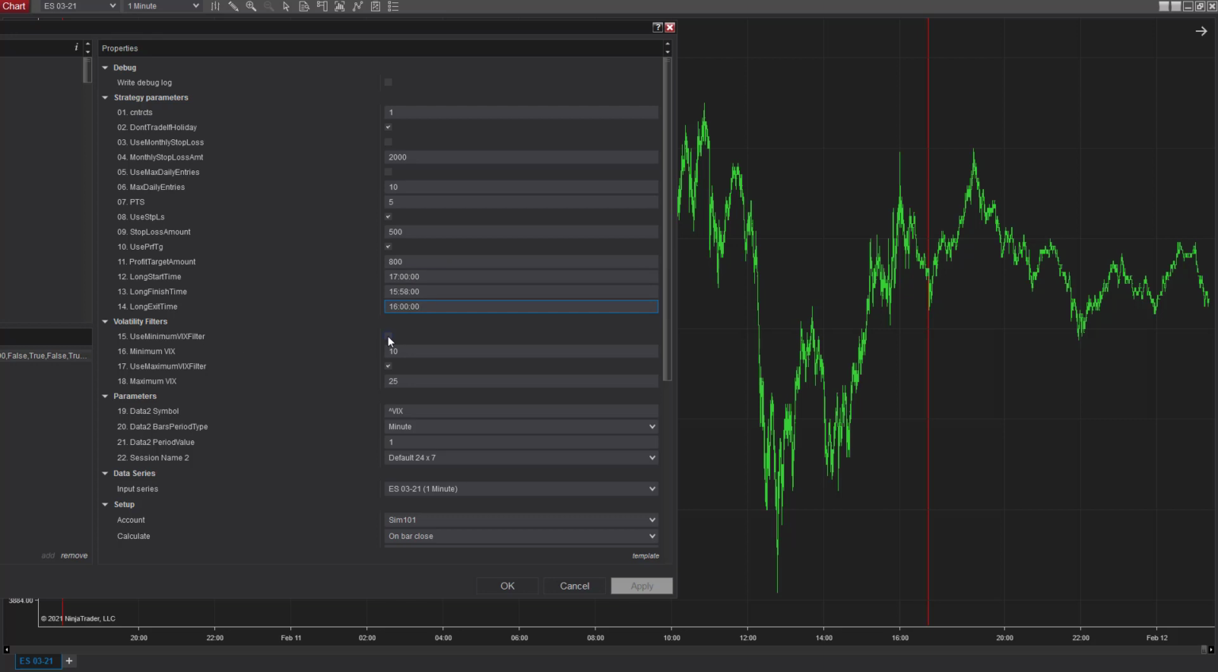Use minimum VIX filter. You could do that. You could require that the minimum VIX be greater than 10 at this point in time. It's not really that necessary. VIX is in the 20 handle. Maximum VIX filter is set at 25. Higher than 25, these stop loss and profit target